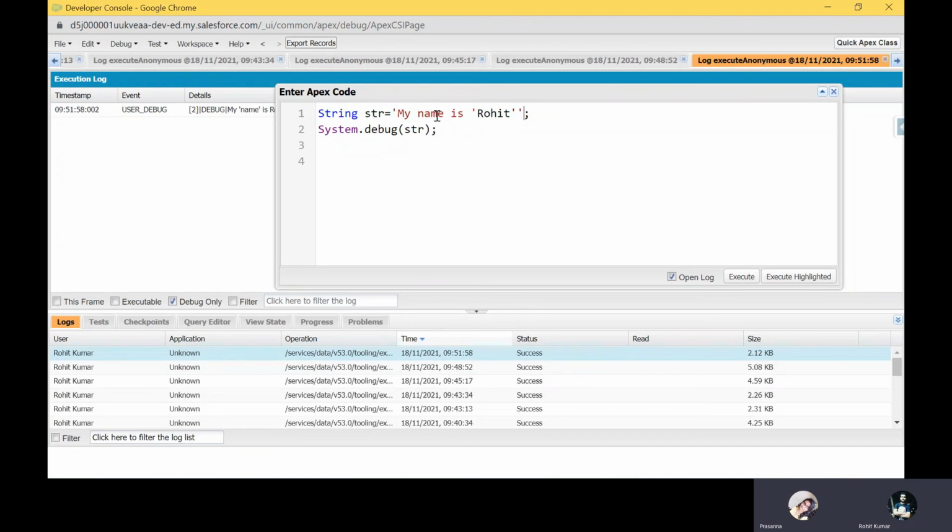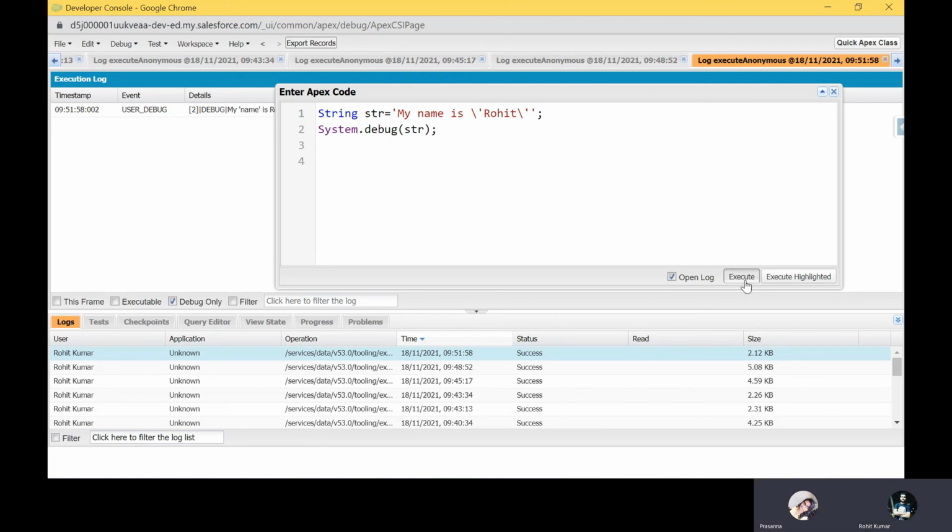Also you can observe that this color is different and this color is different. How to make it a single quote? Always use a backslash before the quote, and a backslash before the closing quote like that. Now you can see all the string is the same color.